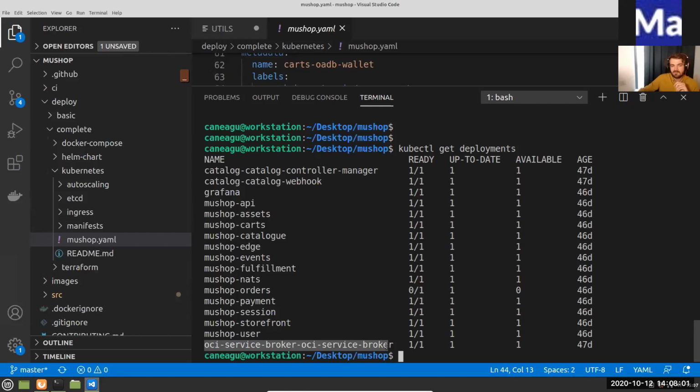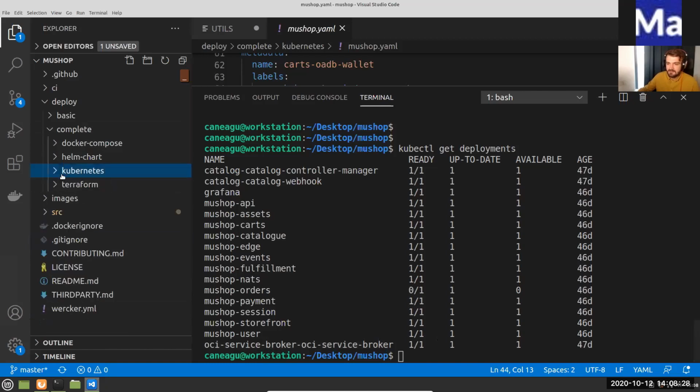The service broker is a plugin, if you want, which you install in Kubernetes, and on your behalf, it's going to provision the Oracle Cloud Infrastructure resources automatically. Again, this can seem quite difficult, but to be honest, it's very easy if you take the documentation and follow it step by step.